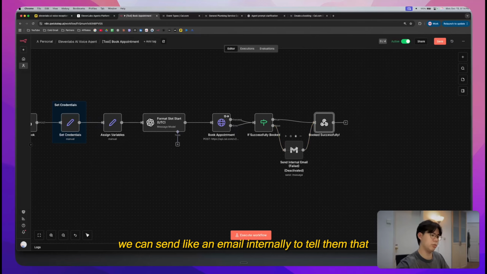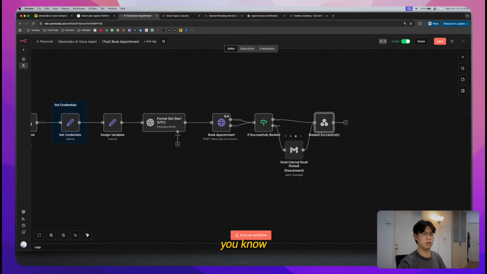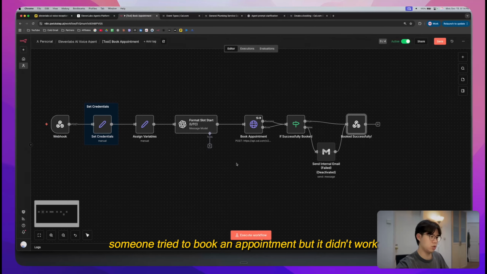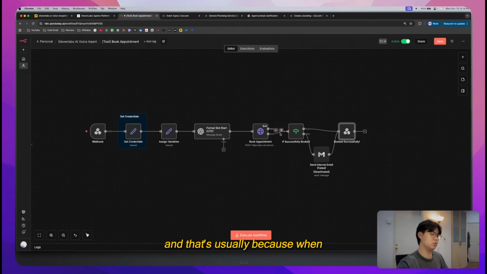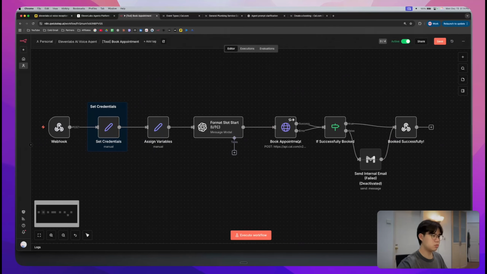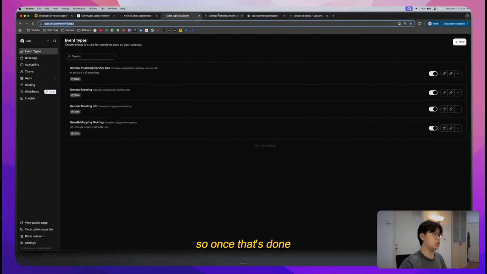Otherwise, we can send an email internally to tell them that someone tried to book an appointment but it didn't work. And that's usually because during the testing phase, we could check availability for dates that are in the past. So this is usually during the development phase, but when you launch in production, usually we won't get any errors. So once that's done,